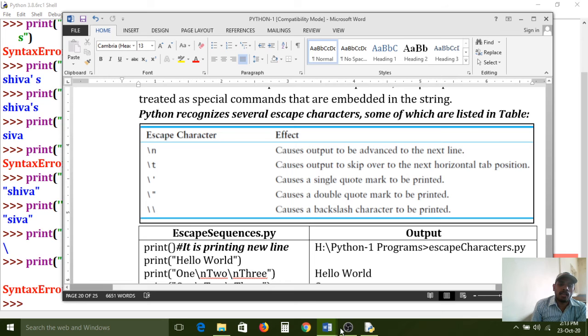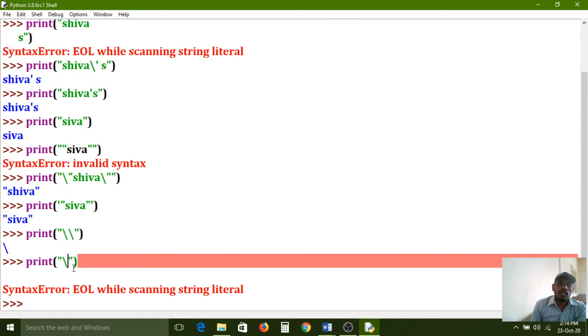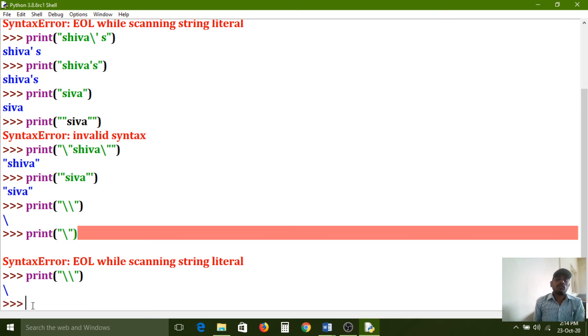Here my requirement is only to print the backslash character. So for that I need to use it double time, and it will print single time. If I use it along with the print function, along with double quotes, and configure the slash symbol double time, it will print single time.